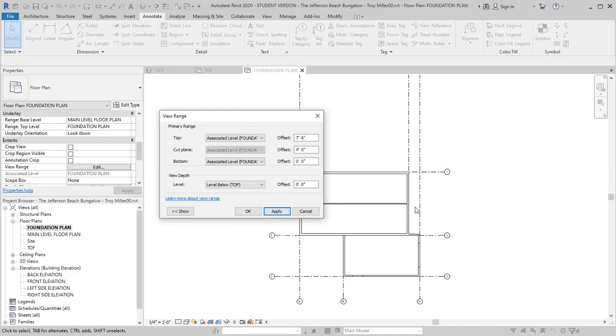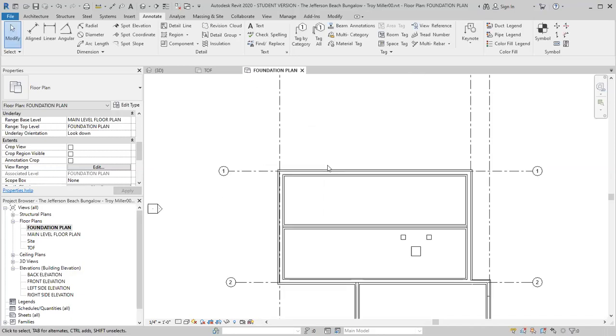That makes sense. The reason is it's going down to the top of footing, but for me to actually see those footings, I need to be a little bit below. So I'm going to try to get that view depth a little bit lower than that by simply typing in a -0 foot 2 inches, which will give me plenty. Go ahead and apply that, and you'll see all those footings show up. So the other thing you're going to notice here really quickly